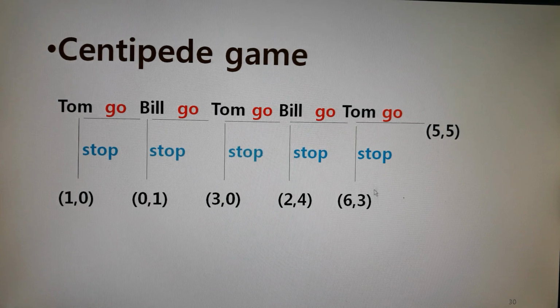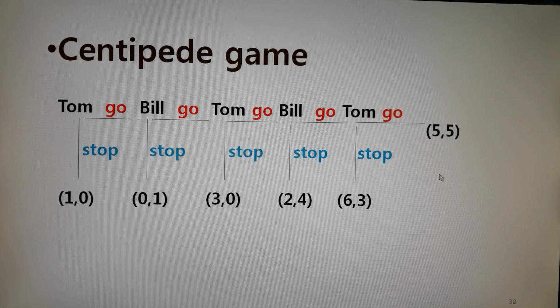If you stop here, I'll get 3, which is less than if I stop here getting 4, so I'll stop. Tom here knows that Bill would stop by backward induction, and Tom will get 2 million, so he will stop here, get 3 million. Bill, if he goes, nothing on the right-hand side will be happening. Tom stops immediately, and Bill would get 0, so Bill would stop here. Tom knows that if he goes, Bill would stop here, getting 0, so why not stop here, at least getting 1.